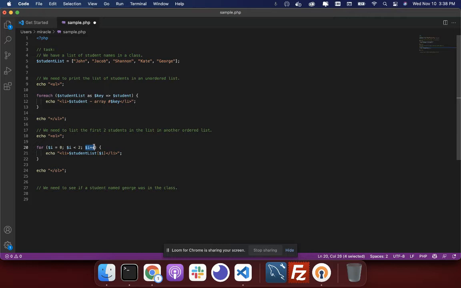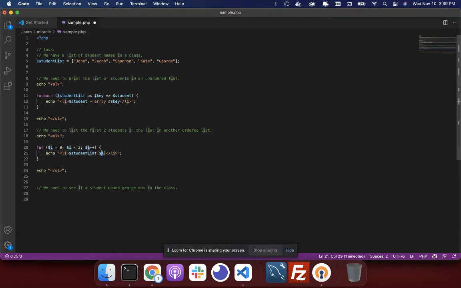This is a pretty common loop that you find in almost every language that is available. It's a pretty standard way on how to loop for most languages there. And what this does is say, all right, let me echo the student list and the key that's within the